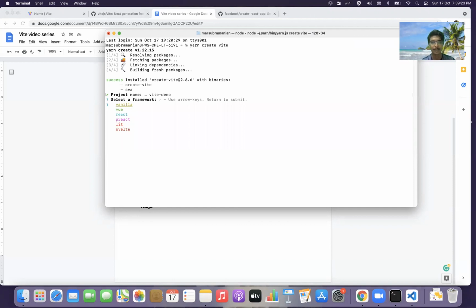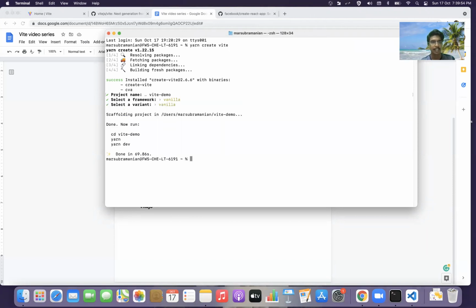I'm curious about Svelte and React, which I'll try later. But for now I'm going to go with the default, minimal thing: a simple vanilla JS. It provides two variants, vanilla or vanilla TypeScript. One cool thing about Vite is that it supports TypeScript out of the box. But for now we are going to stick with vanilla, and it's done.